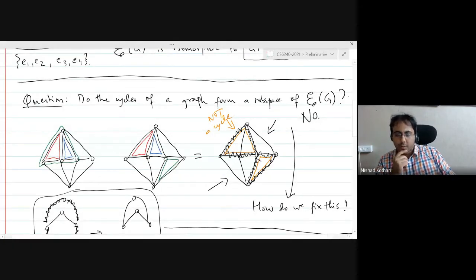This is not a coincidence, which we will actually prove as a stronger statement. We will show that instead of taking symmetric difference, you can just take a bunch of disjoint cycles. By disjoint here, I mean edge disjoint. They can share vertices. I can just take a bunch of edge disjoint cycles, and I can take their union, and that will give me the resulting even subgraph. So we will prove this slightly stronger statement, that you don't even need symmetric difference. You just need to take a bunch of disjoint cycles and take their union, which is of course the same as taking the symmetric difference of these disjoint cycles, right? If there is no intersection, then union and symmetric difference are the same thing, right?